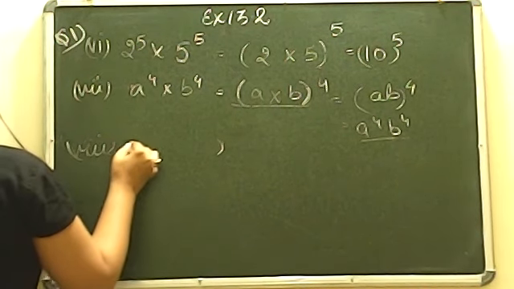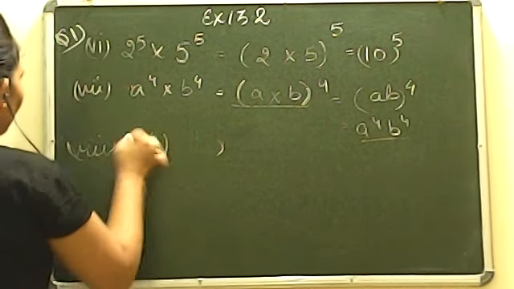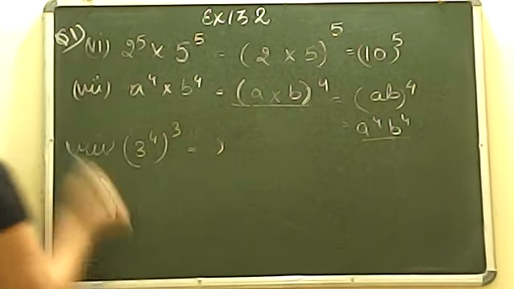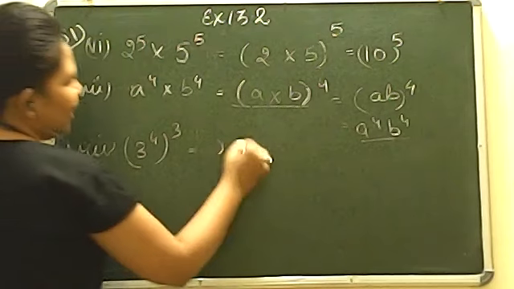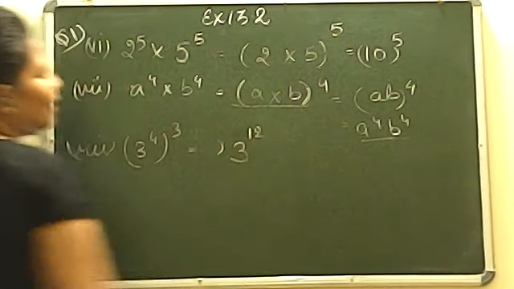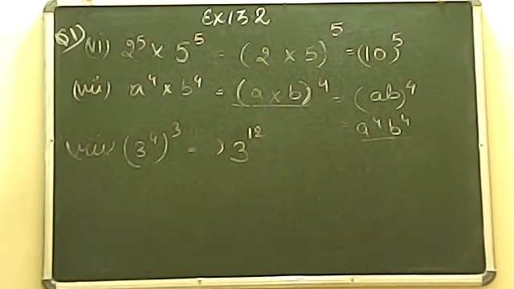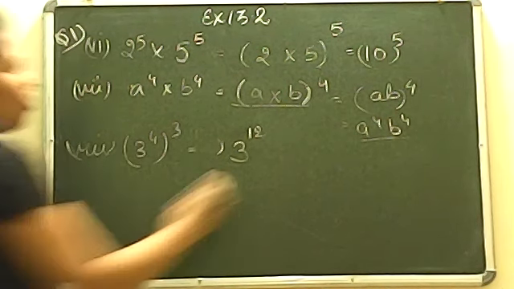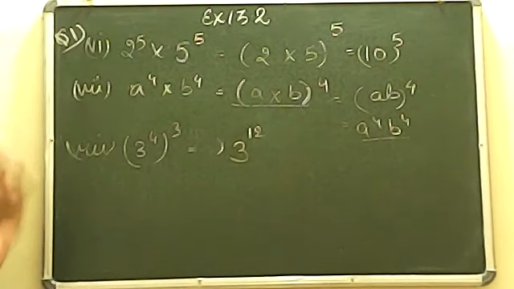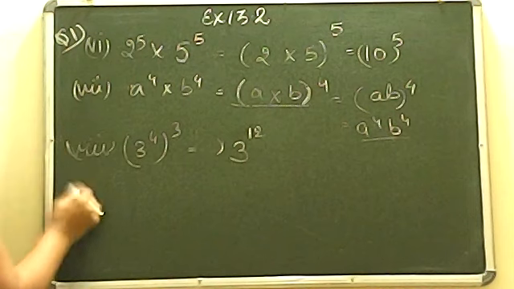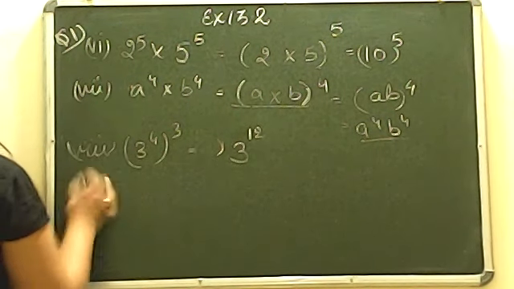Question number 8 is very simple again. 3 to the power 4, to the power 3. Base is same, power and power. Super power you can call it. Can you please tell me? Correct. 4 into 3, which will give you 3 to the power 12. And you know power of power will get multiplied. So this law, please mention beside all the laws which you are using in the particular question. 8th is also done. Now move on to the 9th one.